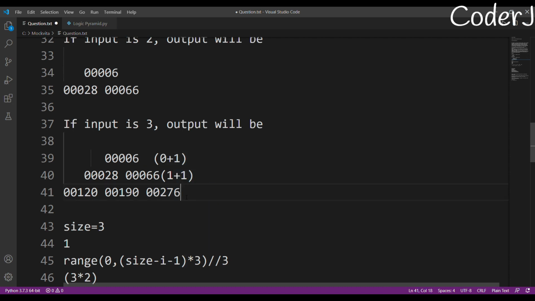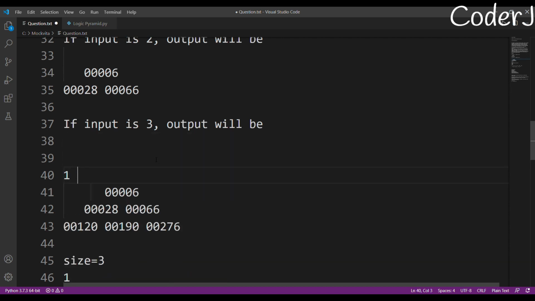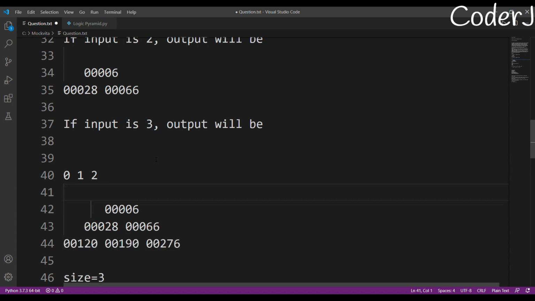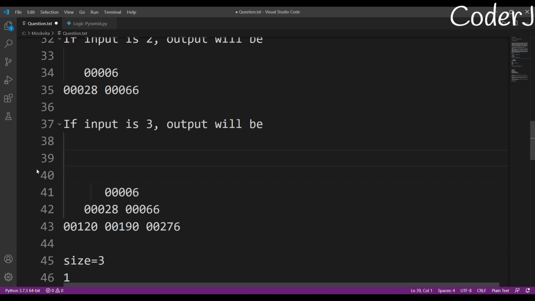I hope you are understanding what I'm trying to say. My i will iterate from 0 to n, right? From 0, 1, 2. If my input is 3, my i will go 0 and then 1. Sorry, my i will go like this: 0, 1 and 2. I can actually even just start from 1, but for easy purposes I am starting from 0. So 0 means I have to print only one element, 1 means I have to print two elements, and 2 means I have to print three elements. So I just increment it by 1, and that's not something I must concern myself with.